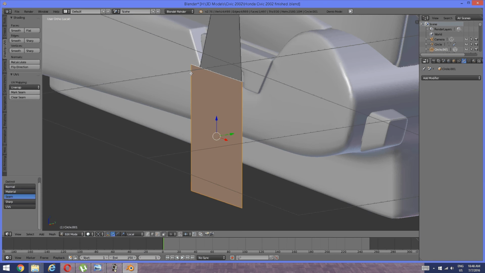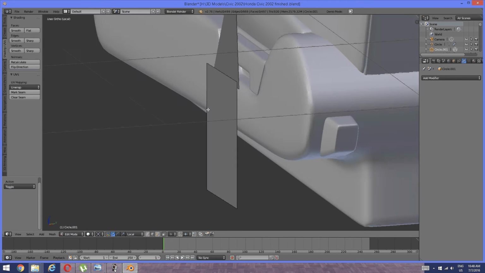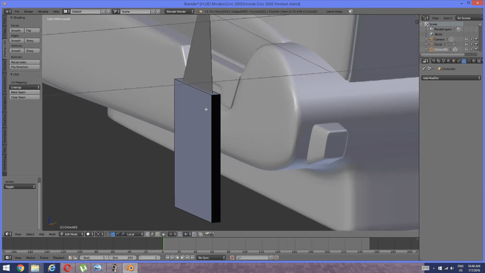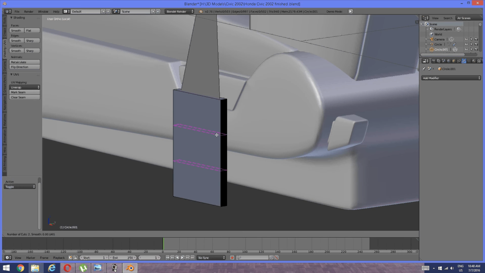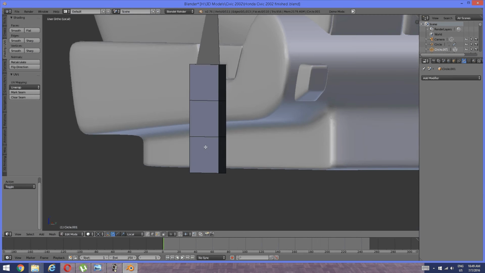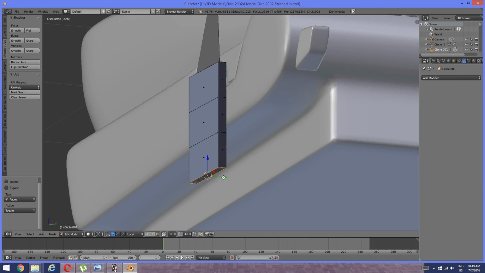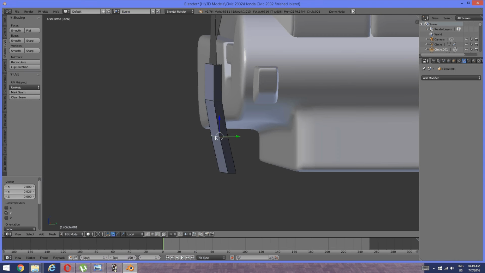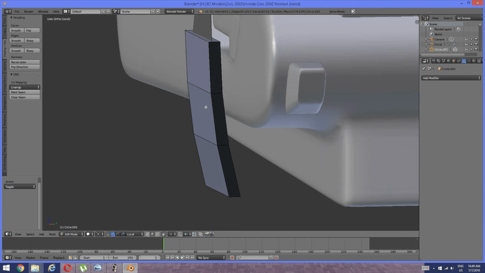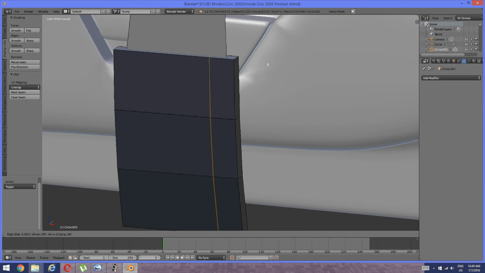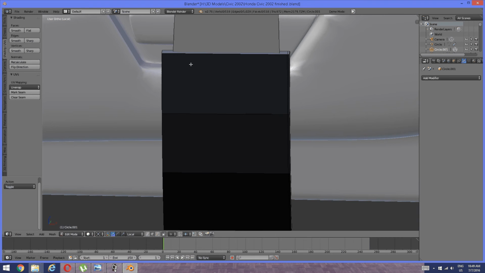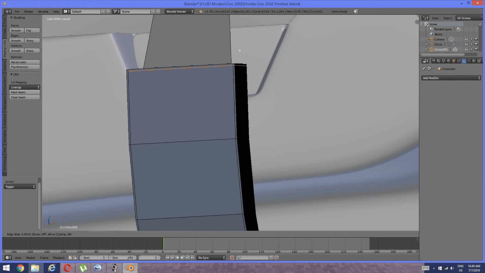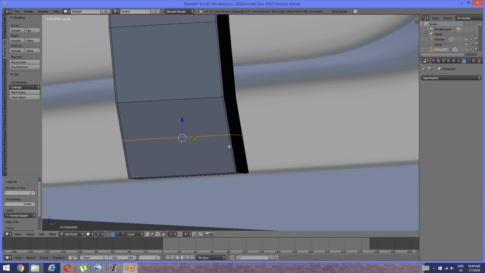Ctrl, normal, inside, extrude, so we have that, and we're going to add this right here, and add a couple loop cuts in here. So I'm just like,